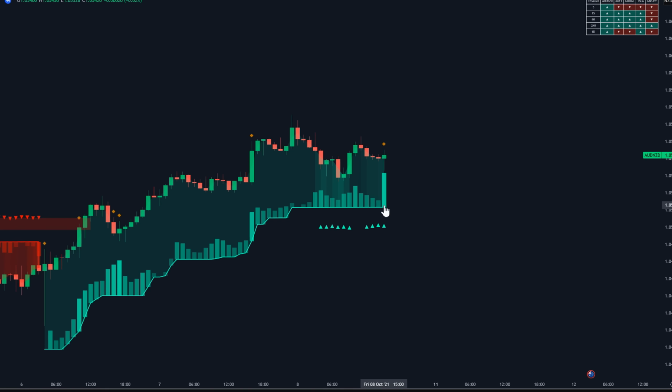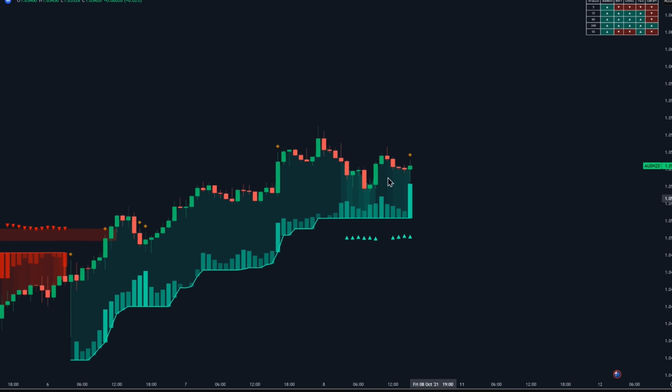Now we wait for a real pullback, not a tiny wiggle, back toward the band. To confirm it's a quality dip, I want the retracement arrow printed. That's the tool saying price tested the band and respected it, which is exactly what you want before a continuation. No arrow? I'm patient. I let the chart set it up properly instead of forcing an entry in the middle